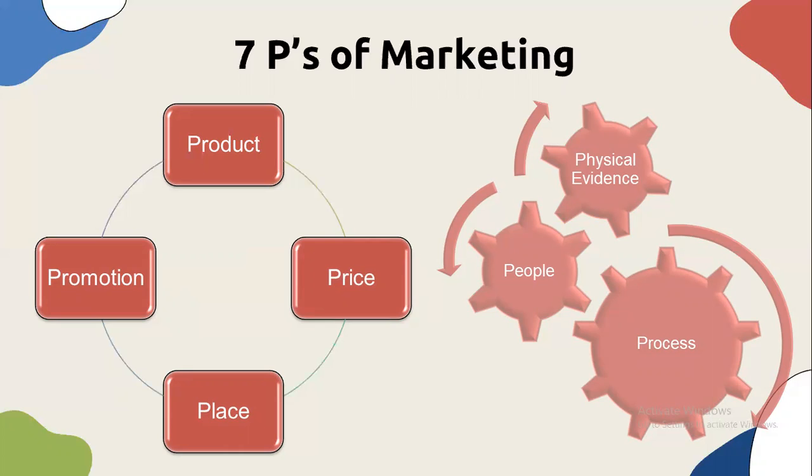So here when I talk about, let's say, a process, this is the entire process a customer goes through when he's buying a product or a service. So when I'm going to, let's say, a DMart, I stand in a queue for a longer time or a shorter time. The way I move ahead towards buying a pen, that becomes a process. Now, people, when I interact with people who are buying or selling the product, are my people. And physical evidence, when I look at the entire shop or the way a particular rack is structured, my convenience, or the promotional material that is hanged everywhere, that becomes physical evidence.